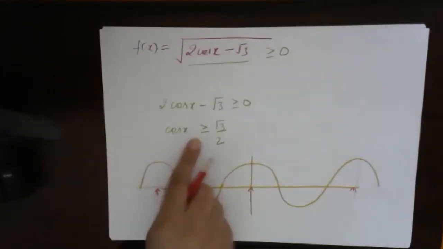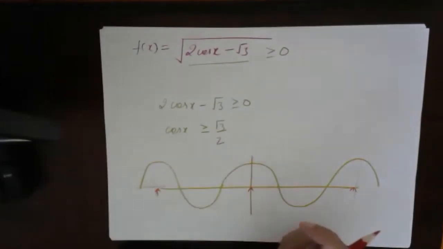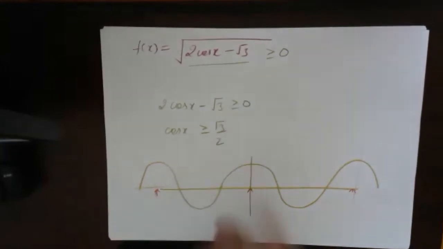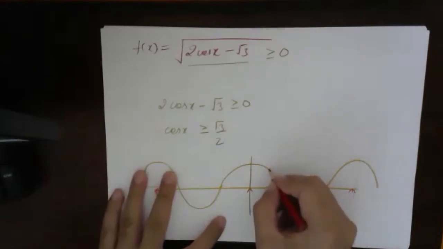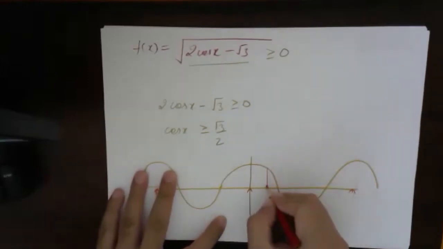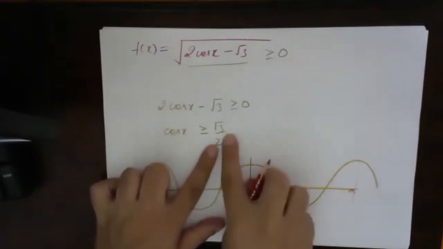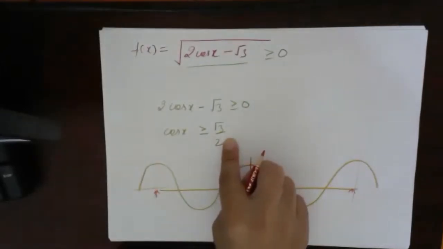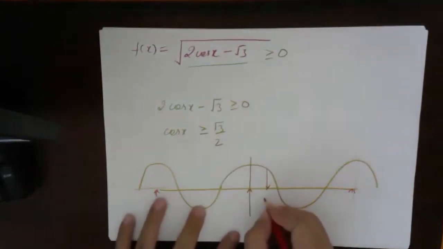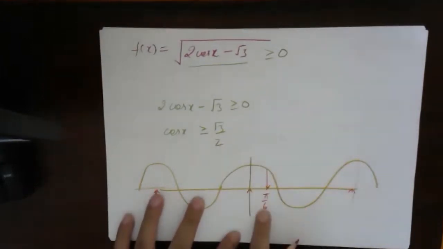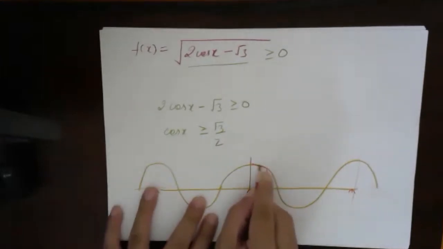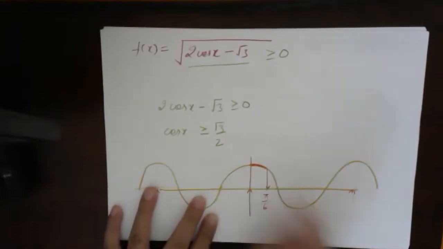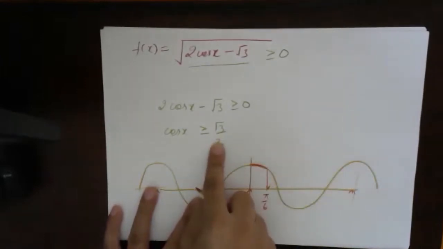And they are saying that cos x should be greater than or equal to root 3 by 2. So let's suppose cos x is getting the first value of root 3 by 2. The first value of root 3 by 2, cos will get at 30 degrees. So cos 30 will be equal to root 3 by 2. That means pi by 6. The first value will be pi by 6, and then every value on the left side will be positive and greater than root 3 by 2, right?